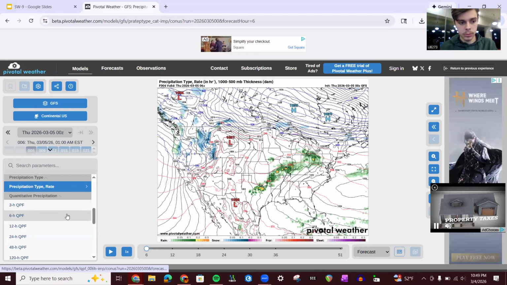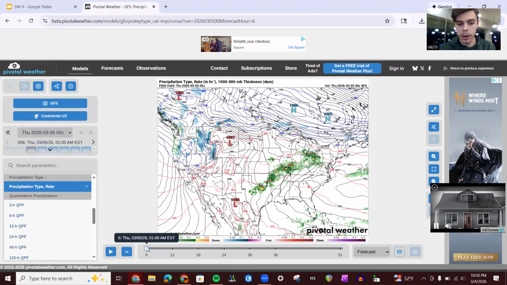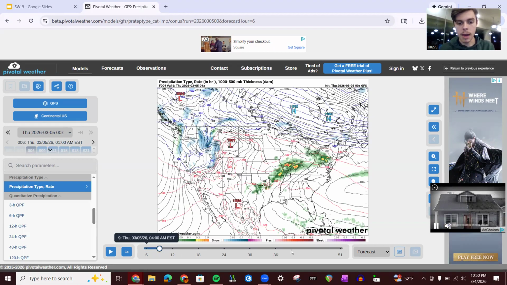There's a lot of things here. I'm not going to go through absolutely everything, but we are going to just look at a few things. So I'm on the beta version. If you want to be on the beta version, you can click right here, and it will say convert to beta. And the reason why you are going to want to do that is to have access to this